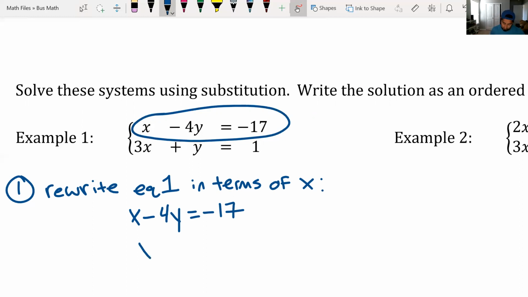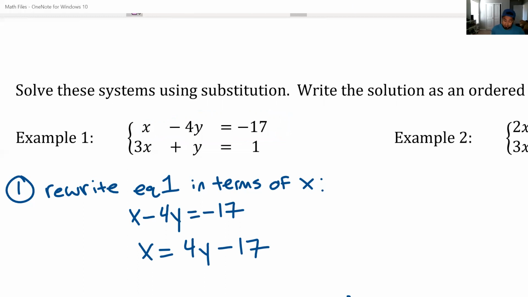which means I'll get x equals 4y minus 17. Now, what we have just created is a substitution. x now contains all this information. x is now equal to 4y minus 17. So, what we're going to do with this information,